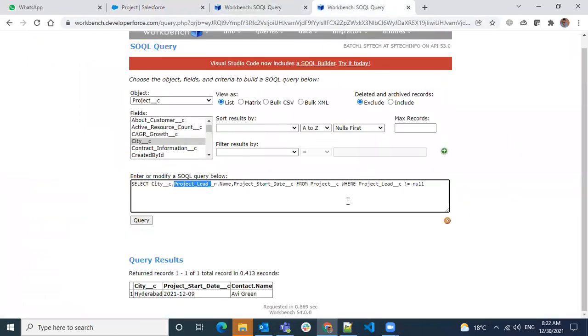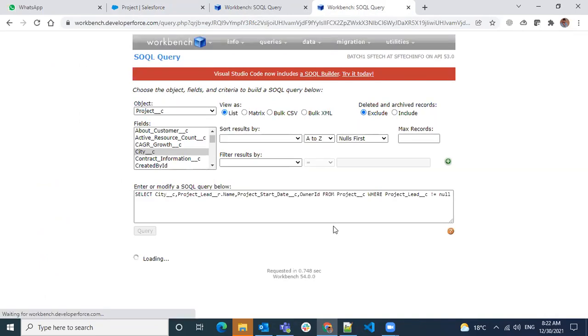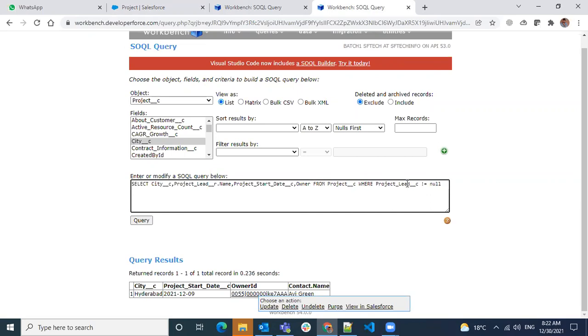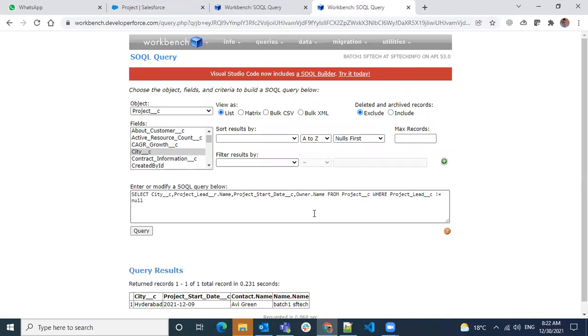Okay, I have this one over here, and I will first use the owner ID field, so that I will be seeing the owner ID field. So owner ID field, you can see it here. If I want to get the name from it, I have to remove the ID, so it becomes the relation dot name. So what is the name of the owner? It will display.